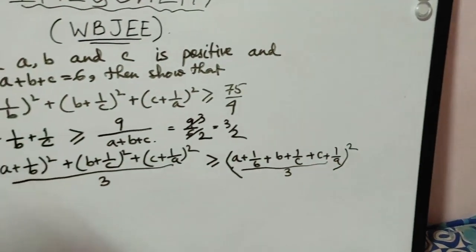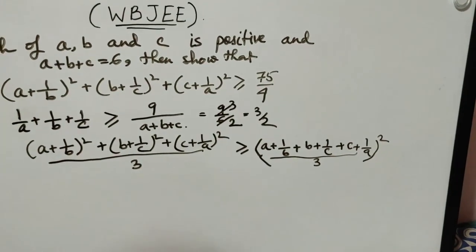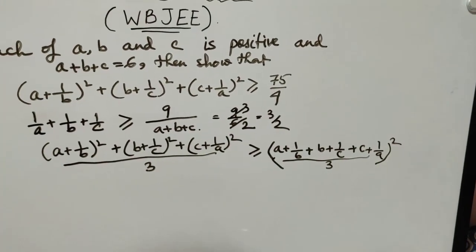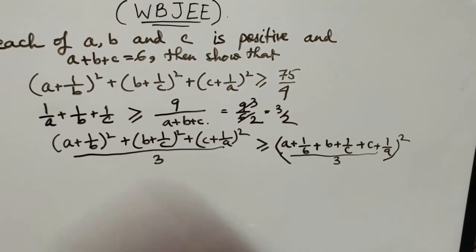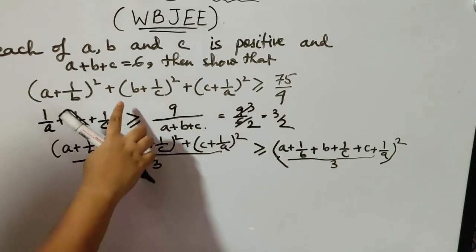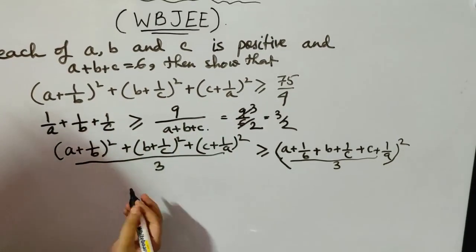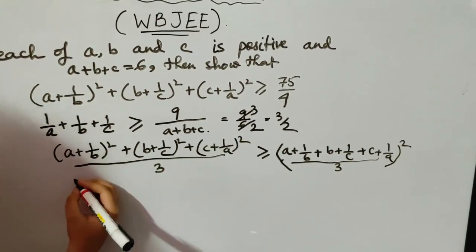I have already told you how this happens by the previous inequality that I have proved. So now it is quite easy. We have this thing over this term over here. So by taking the 3 over that side, we have